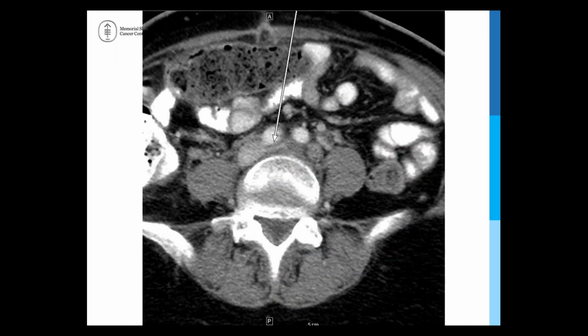When we look back on her imaging, you can see that the left common iliac vein is being markedly compressed by the right common iliac artery. Because of this compression, which we call May-Thurner, the patient was already prone to have a problem with venous